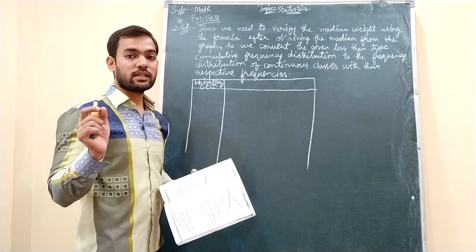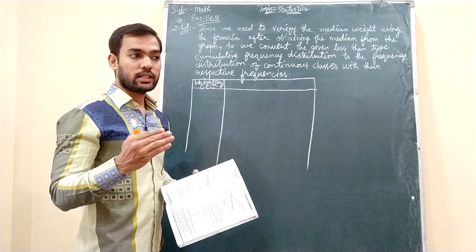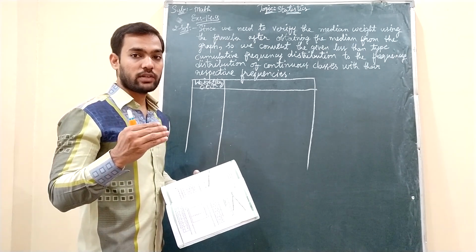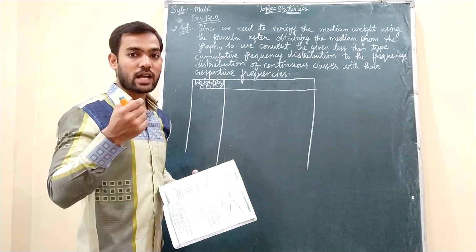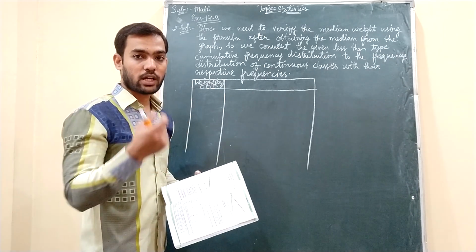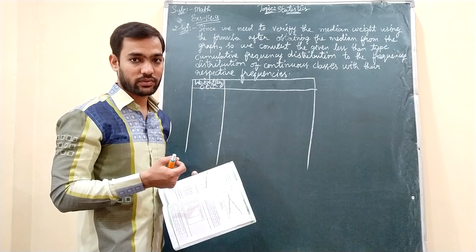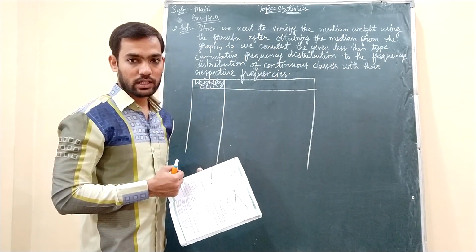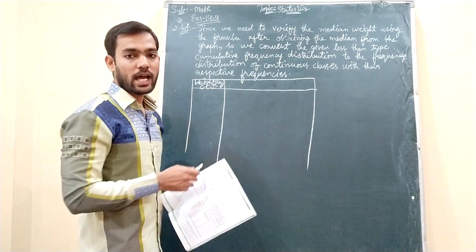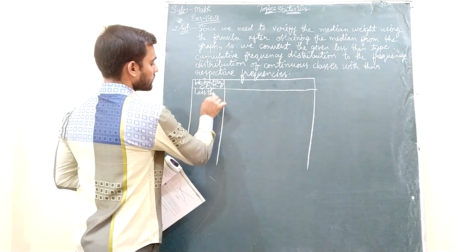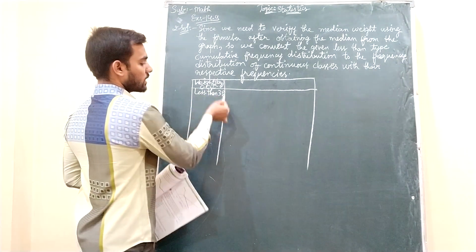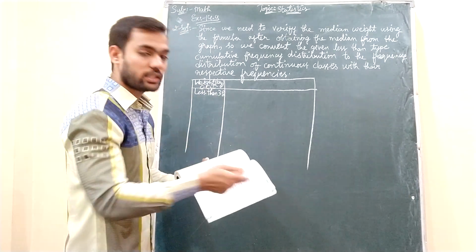There it has been given below 20, and it has been mentioned that the policies are given to more than 18 years of age members. That is the reason we have started over there with 15 to 20, because that 18 years also gets included in that first class. But here he has not mentioned anything like that. So first I will keep as it is, like less than 38. But for the next one I write 38 to 40.